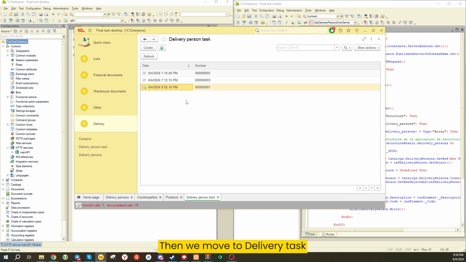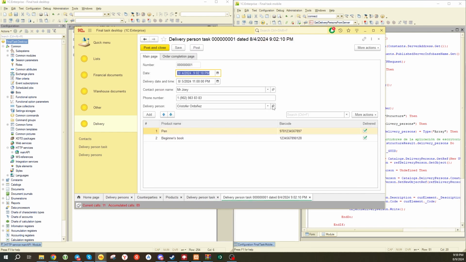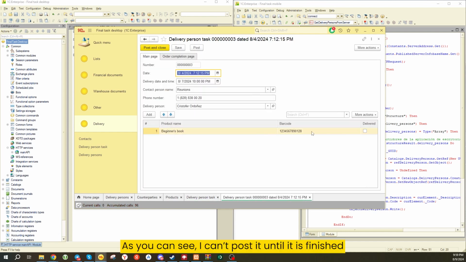Then we move to delivery task. Okay, cool. Let's do this. As you can see, I can't post it until it is finished, it is delivered. Very good. Phone number of the contact person. I would add a counterparty also. Tabular section, but